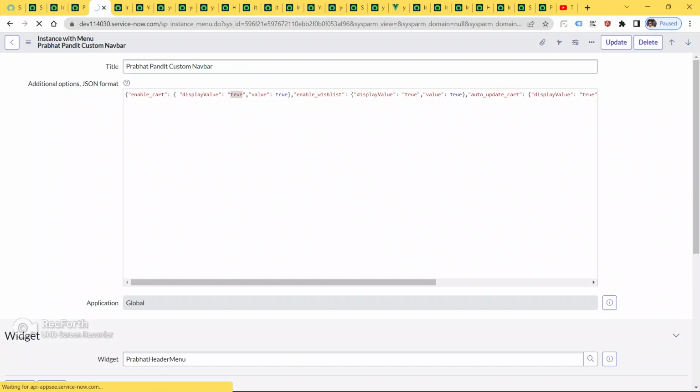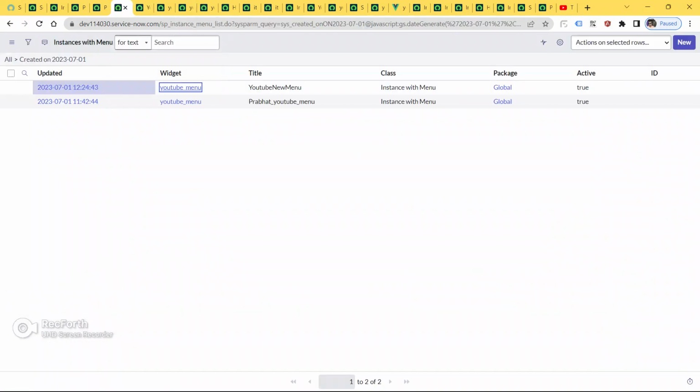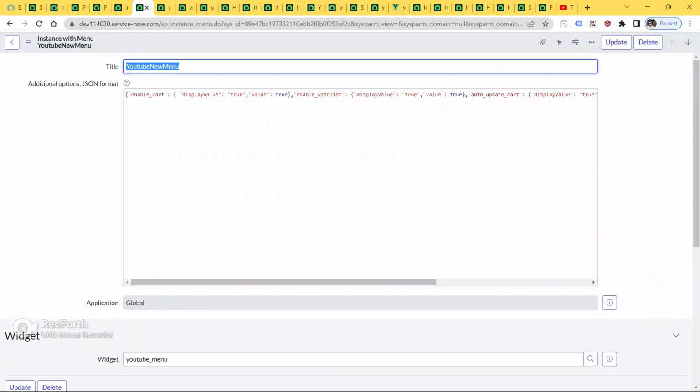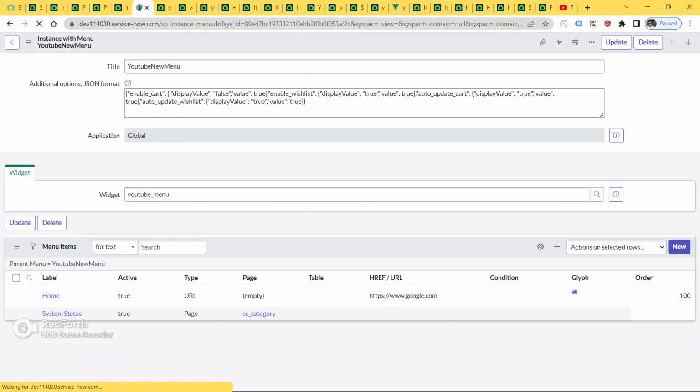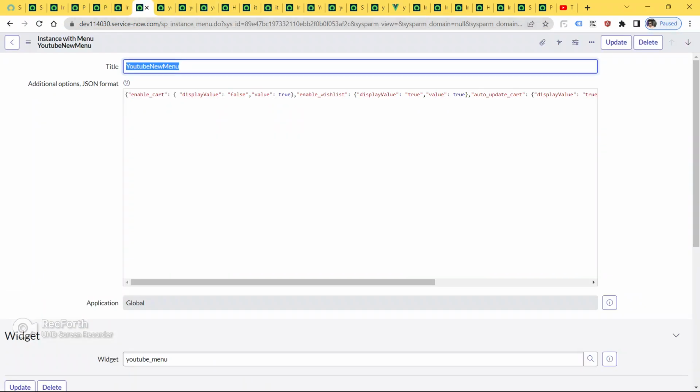No, this is not our, so this is our, okay, make this as false, save your page, save this and go to the service portal page and refresh your page.